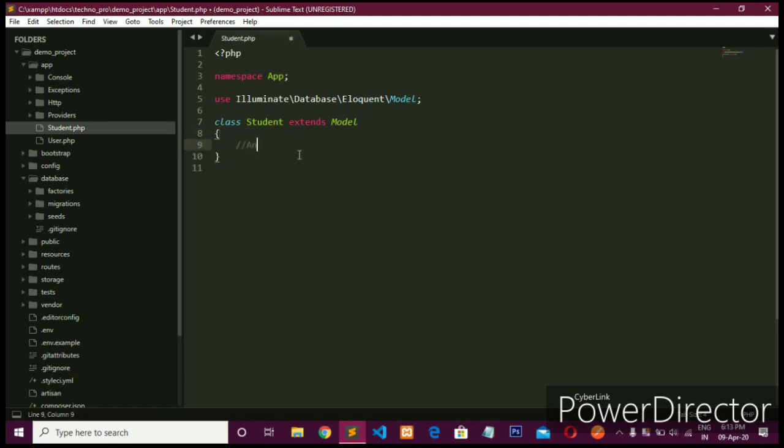Basically, any model file contains two things. First is some variables, and second is relationships with other tables.